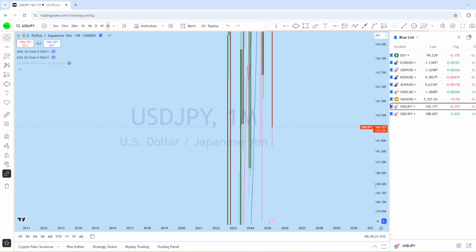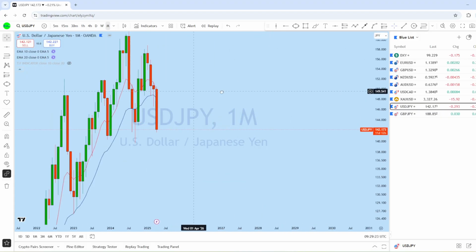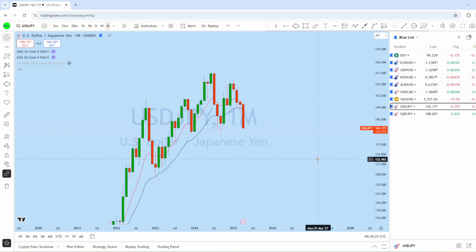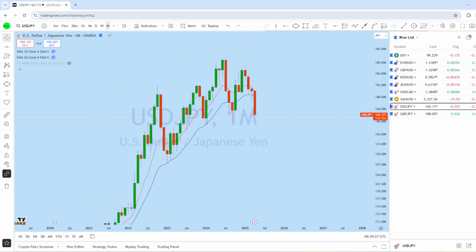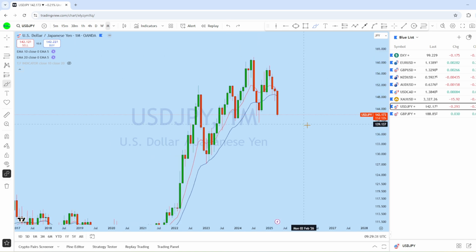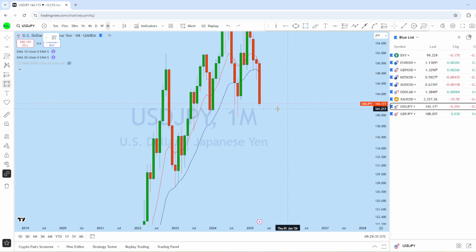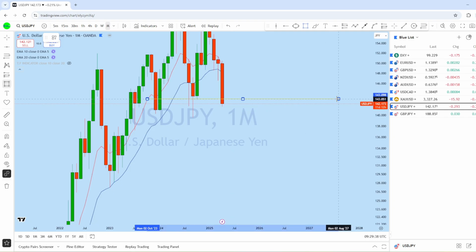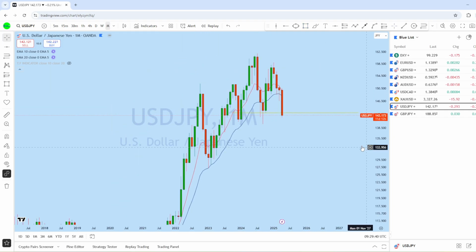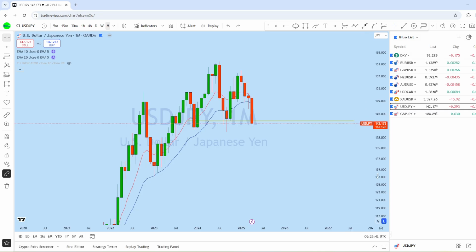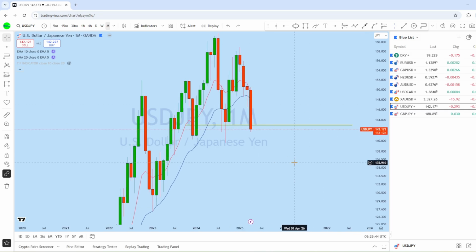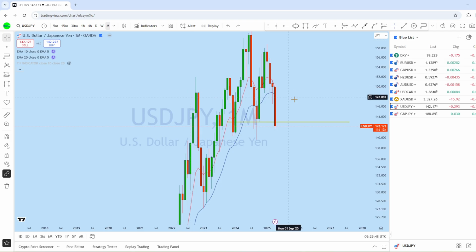Now looking at the monthly chart on dollar yen, we can see that from the monthly, this is a sharply falling market. From this resistance line, we have seen a huge break of structure on the monthly on dollar yen, and with that drop the price is currently below this monthly support level, and we could see dollar yen potentially remain bearish for the long-term picture in this market from the monthly time frame here.